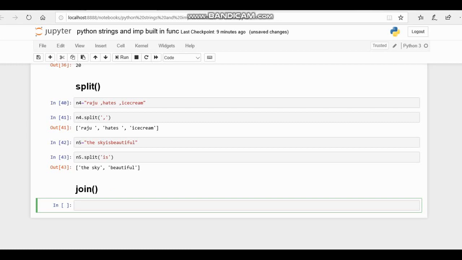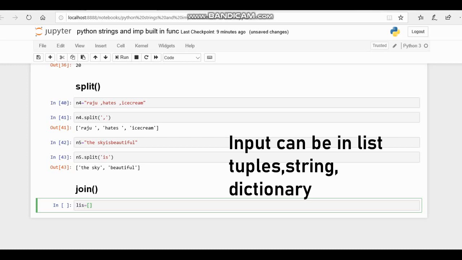We have to give it in the form of a list, set, string, etc. So I am going to give it in the form of a list: Raju, hates, ice cream.